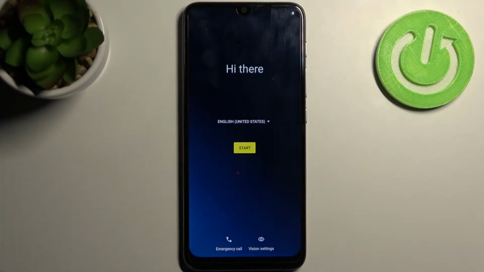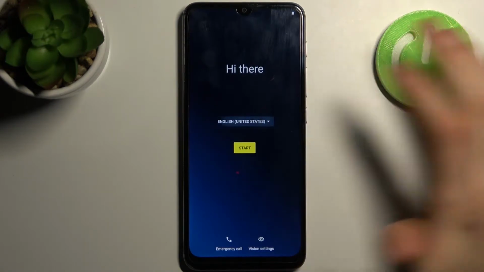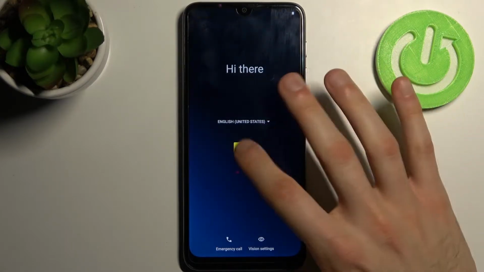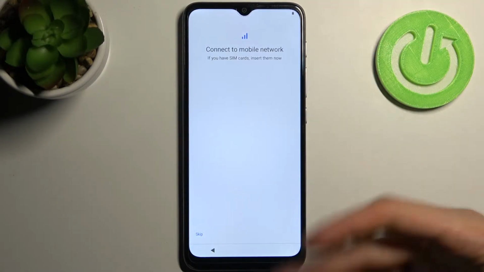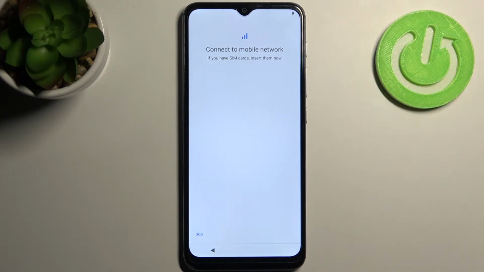Here I have Motorola Moto E20, and today I'm going to show you how to set up this device. So firstly you have to select your language. I'll just stay with English, then tap start, and you can connect to the mobile network by inserting SIM card, but if you don't have any SIM card on, you can just skip this step for now and do this